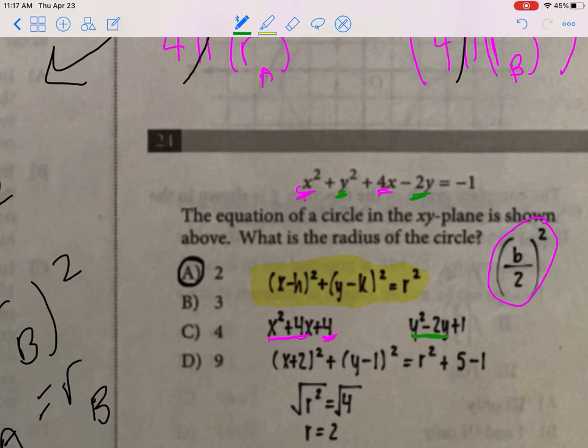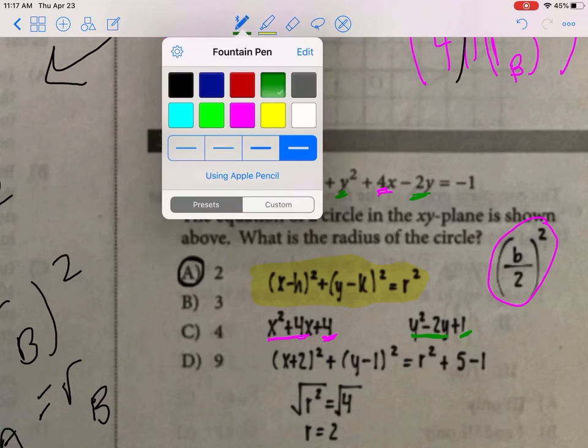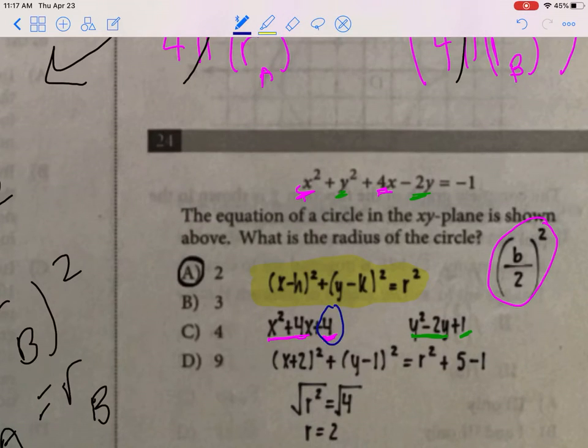So if you take half of that negative 2 and square it, you get 1. That's this number. So basically, you've created a 5. By putting this 4 and this 1 here, you now have a 5 that you have to balance the equation and put on the other side. And the negative 1 was already there, okay? So basically, you now have your equation in HK form